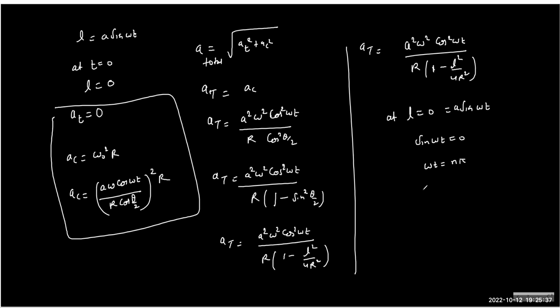And cos omega t becomes cos n pi. And cos n pi behaves as an oscillating value. It's plus minus 1. So if n is odd, it will be minus 1. If n is even, it is plus 1. But if we have cos square, so the total acceleration comes a square omega square by